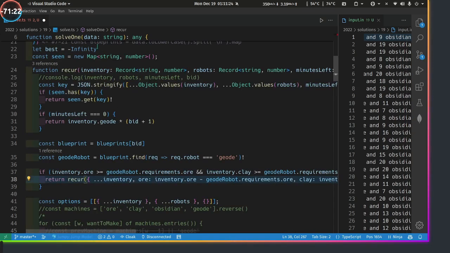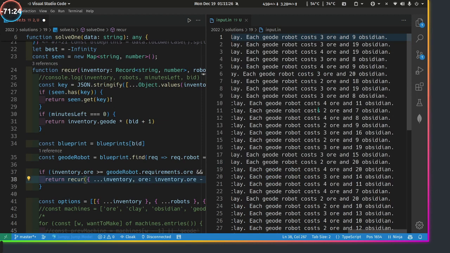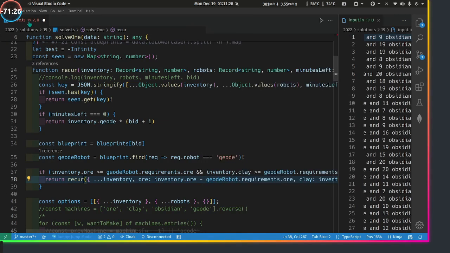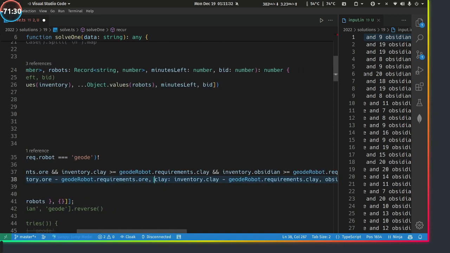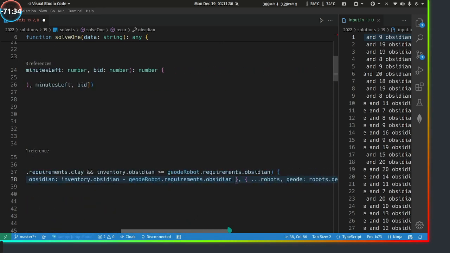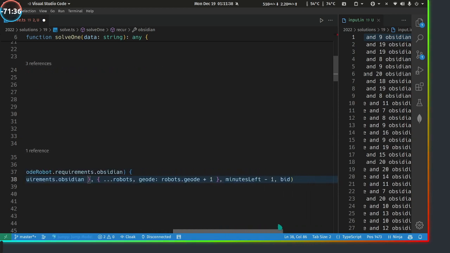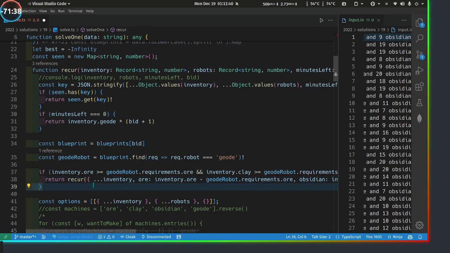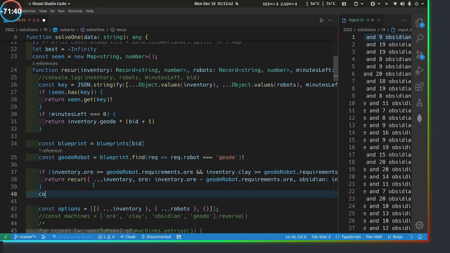Dang it, no, you didn't. You don't do all that. Geode costs ore and obsidian. You only decrease those two. There you go. And then you increase robots by 1. There we go. Now you do the exact same thing for cost